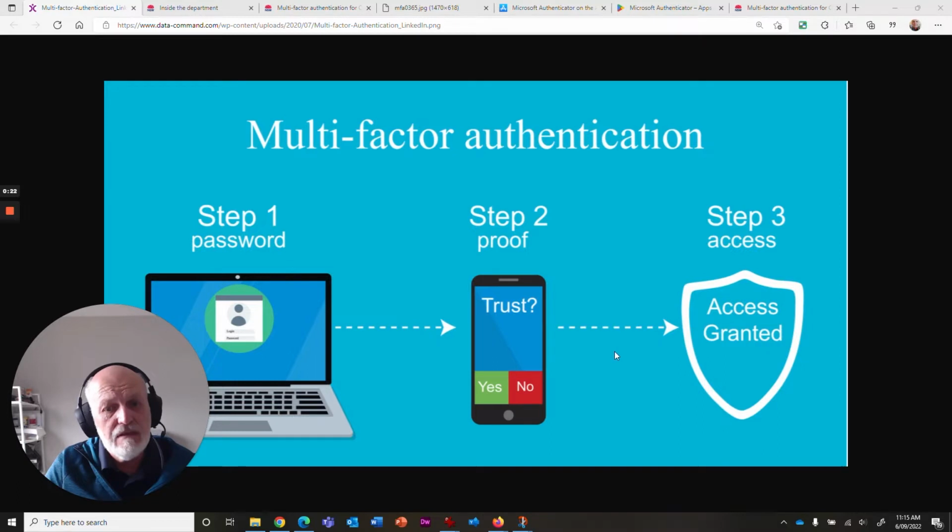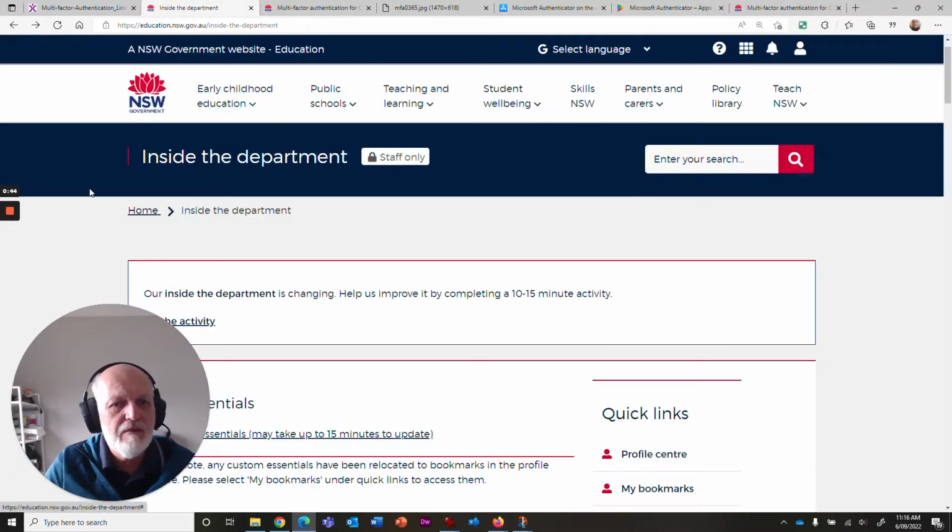Even though you've got into your banking system, they'll send you a text to your mobile phone, and you will need to get that code, put it back into the online banking system, and that will then grant access to whatever transaction or function you're trying to do. In the Department of Education, we've actually had multi-factor authentication turned on our staff